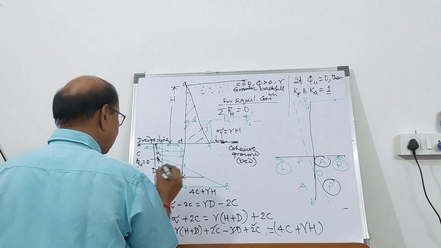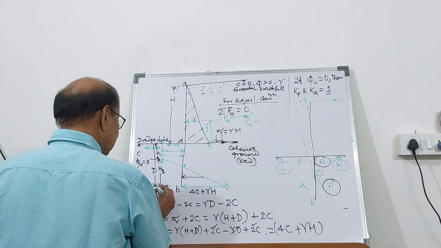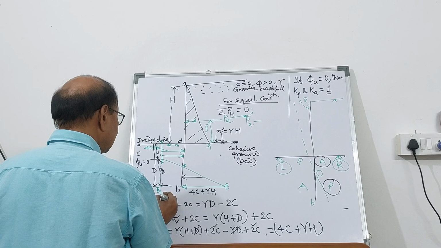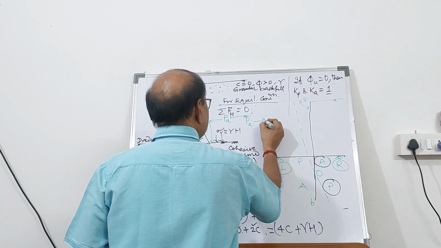So area of, if this is B, this may be called B1. So minus area